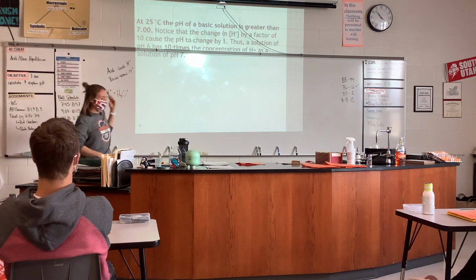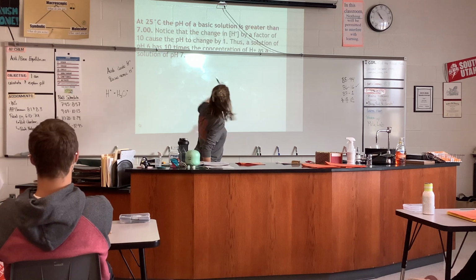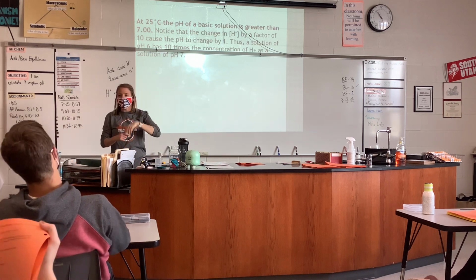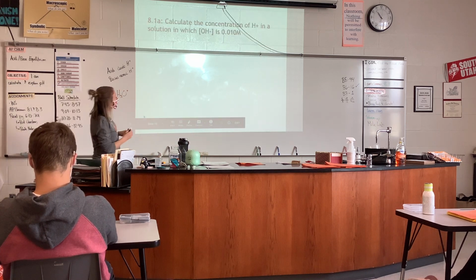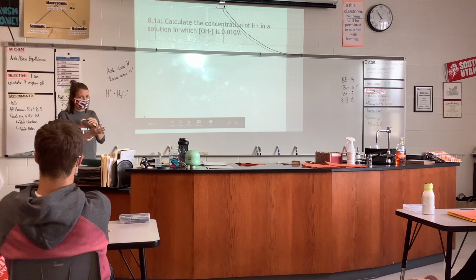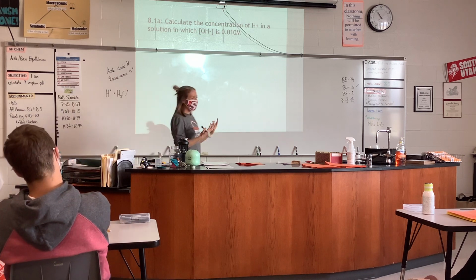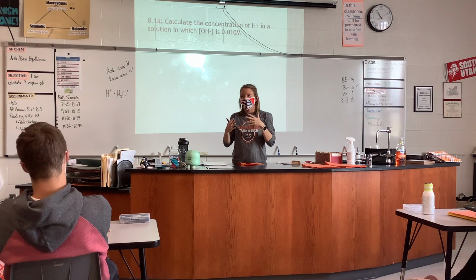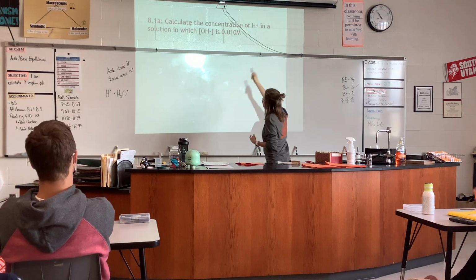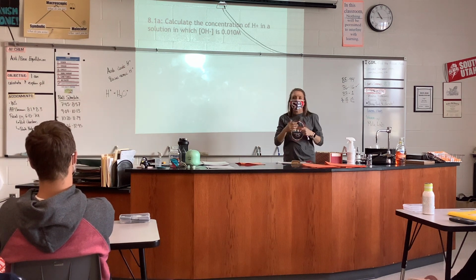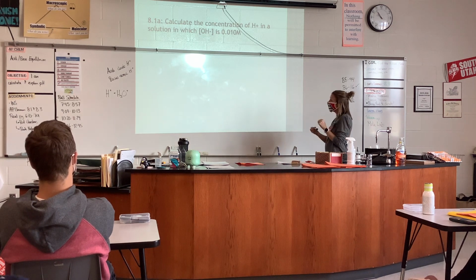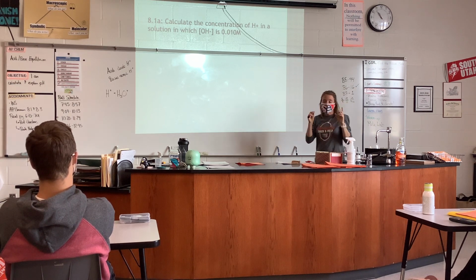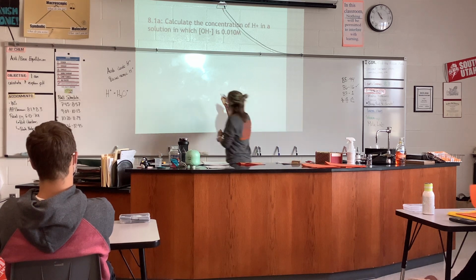Okay, here's just kind of what I said. I don't know if there's a blank that you're supposed to do with it, the times 10, but recognizing that difference. Okay, let's look at a problem here. So this one says, first off, we're just going to focus on finding the concentration. So you can describe acids by their concentration, but the pH was developed because it's easier to look at than numbers like 0.01 or 1 times 10 to the negative 8 and things like that. So this one wants us to find the concentration of H plus in a solution where the OH concentration is that. Now keep in mind, these things are related through that KW